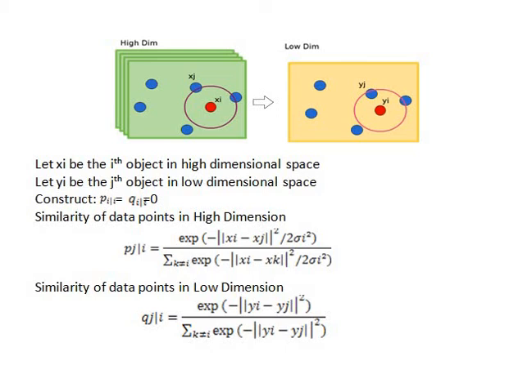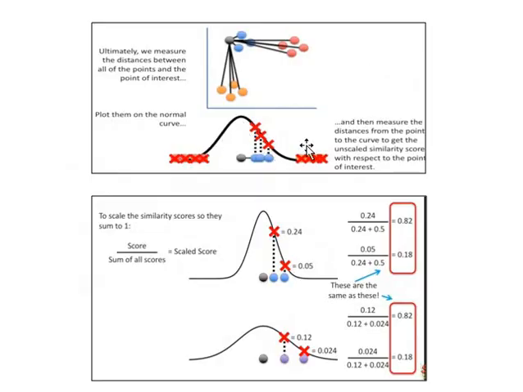Now we are going to see how we calculate similarity probability in the low dimension and high dimension using a distribution curve, that is the normal distribution curve. Here we can see the normal distribution curve, and this is our dataset. So let's see how probability will be calculated. First of all, we obtain the Euclidean distance from each data point to that particular Gaussian cluster center. This is the Gaussian center, and we map it onto this one dimensional line, and again we put a normal distribution curve on that line and map the points onto that normal distribution curve.